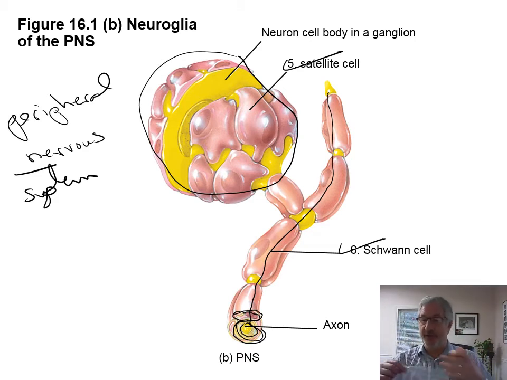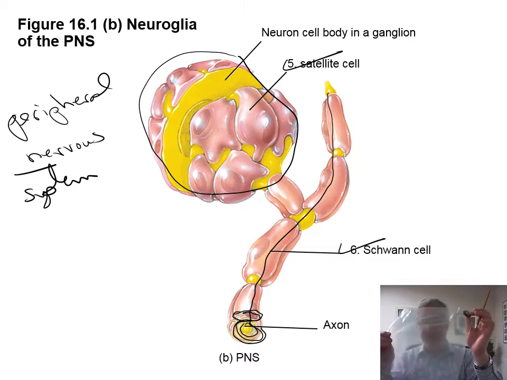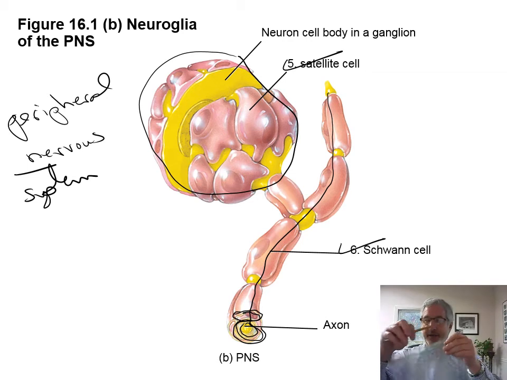So here's how a Schwann cell works. What we're going to do is I got a pencil here, yellow, so that's representing the axon. And then I have a plastic bag with a little part of a keychain, and it's representing the nucleus of the cell. So the plastic bag is representing the cytoplasm, and that's the nucleus of the cell. So you have your axon here, and then you have the Schwann cell,